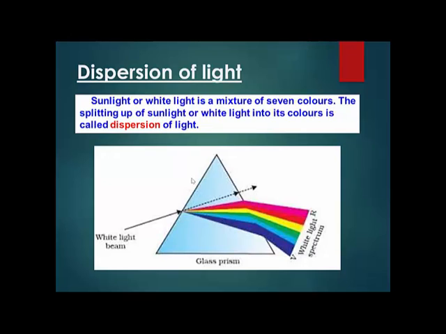So what you can do is, you can take this, which is called a triangular prism. It's a 3D triangular prism, but on this slide it is shown as a 2D picture, but actually it's a 3D prism. Now what you need to do is, from here you can make white light incident on this prism. It can be anything.